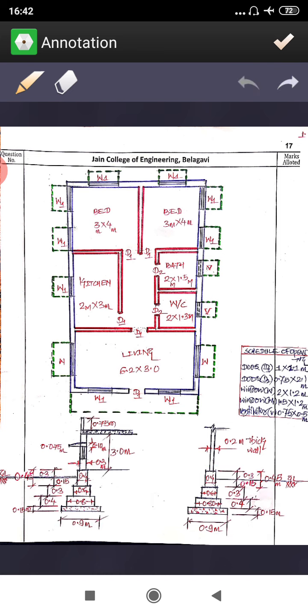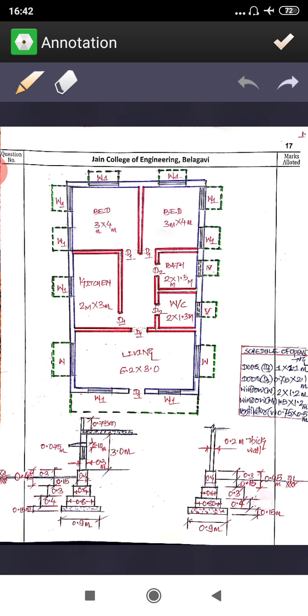Details are same. So it is having a foundation bed of 0.9 meter width and thickness of 0.115 meter. First footing is of 0.8 meter with a thickness of 0.4 meter. Second footing is of 0.6 meter with a thickness of 0.3 meter. And then it is having a plinth with a width of 0.4 meter and the total depth is 0.45 meter, where 0.3 meter is above the ground and 0.15 meter below the ground. So this is what the detail about the footings.